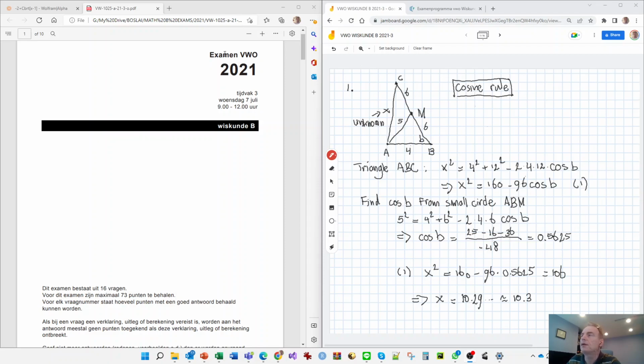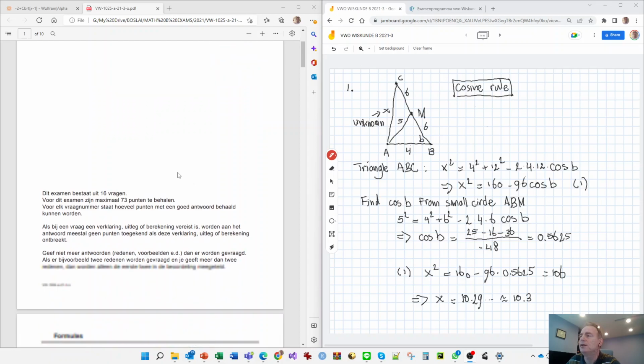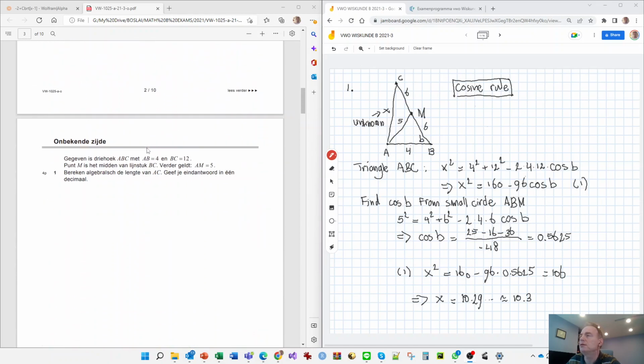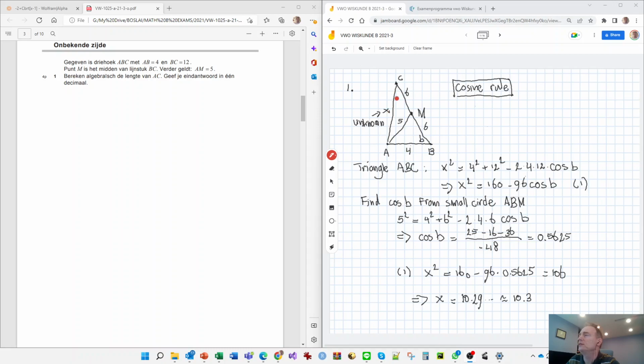Hello, here I will go over exam VWO 2021 Tijdvak 3, period 3, and I already worked out the answers to speed up the video a little bit. The first question is about triangle ABC with some given sides and a point M on one of the sides of the triangle, with a given length from point A. So the situation is drawn here,